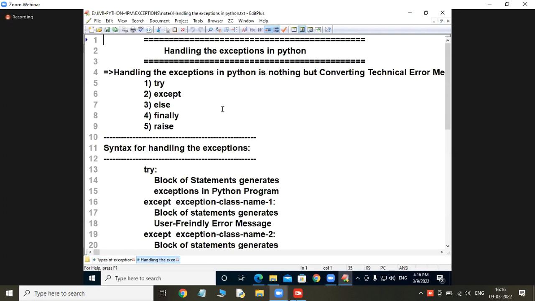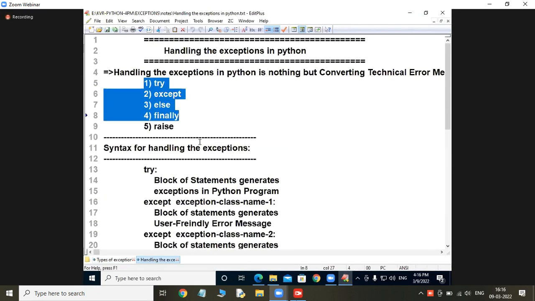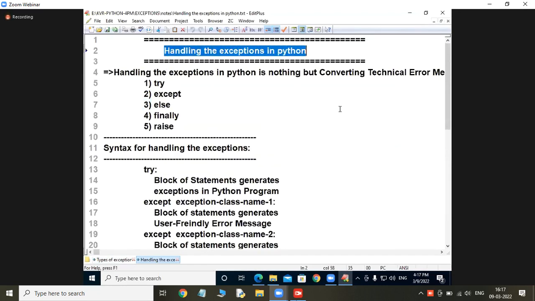How many keywords we used there? 5. But of course, in the syntax, we used only 4. So it is time to go for understanding about try, except, else, and then finally block. Explanation for the keywords which are available in handling the exceptions.